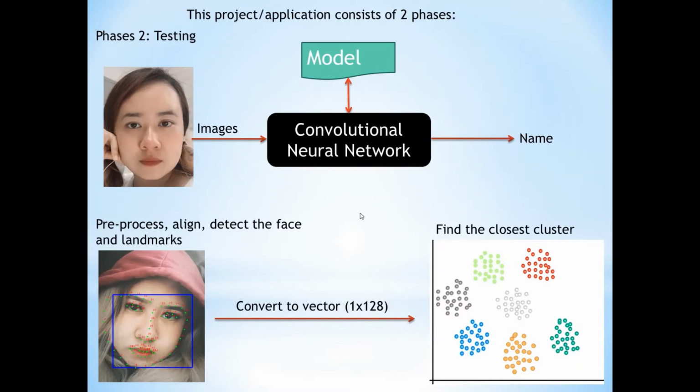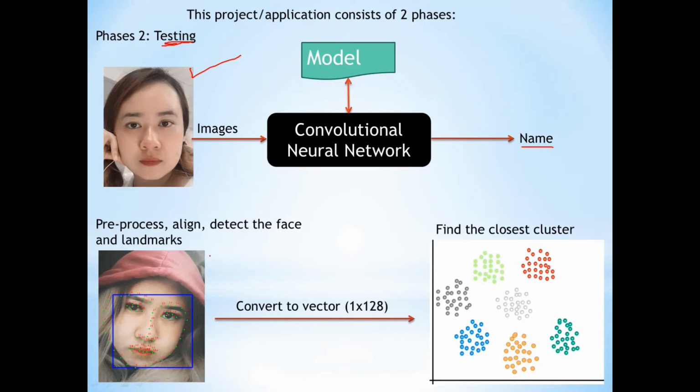This week we will focus on the testing phase. In the testing phase, we will test our new model by inputting a new image of the same or different persons. Then we try to get their name, but we will not get the exact name, because in this project we're not focusing on getting exactly the same name, I mean the name of the identity or the person, but we will find the closest